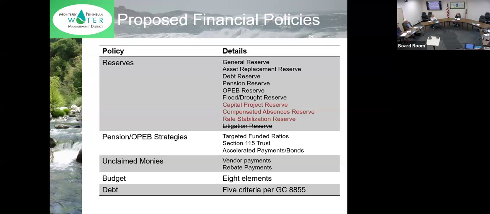The staff report is a little revised. We've tried to give it more structure based on the last discussion, and hopefully it reads better. The only change from last time is the addition of what's called a compensated absences reserve. This is being proposed after we went through an audit with our new auditors, and we realized that we have $1 million in liability. This is what the district would pay out to employees if they were to leave for their vacation leave and sick leave.